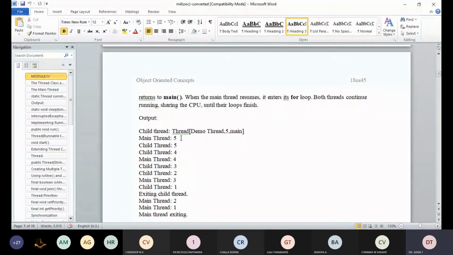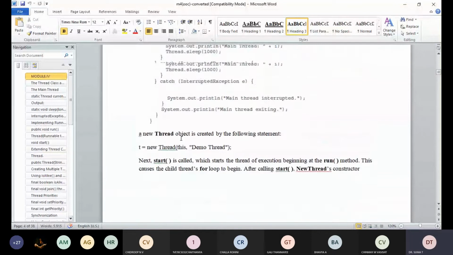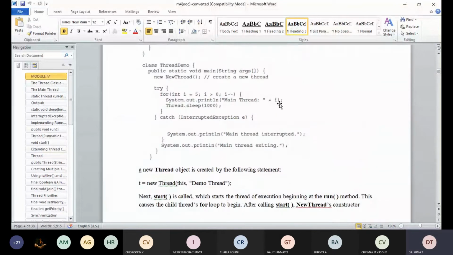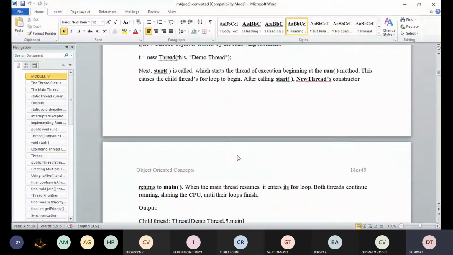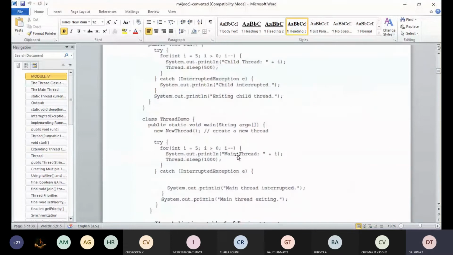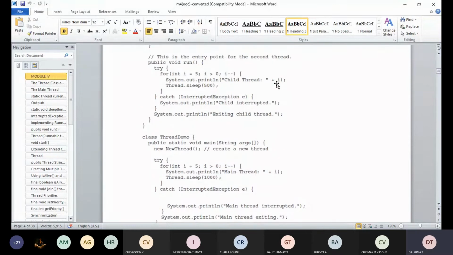Now the main thread is going to print i equal to 5, right? Then after that we start executing the start method, which is going to print its i. Child thread is 5.